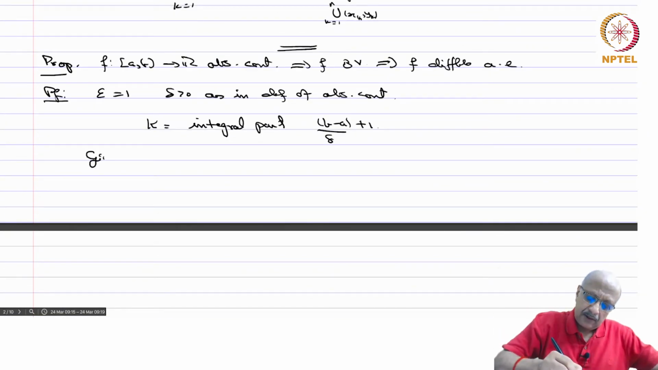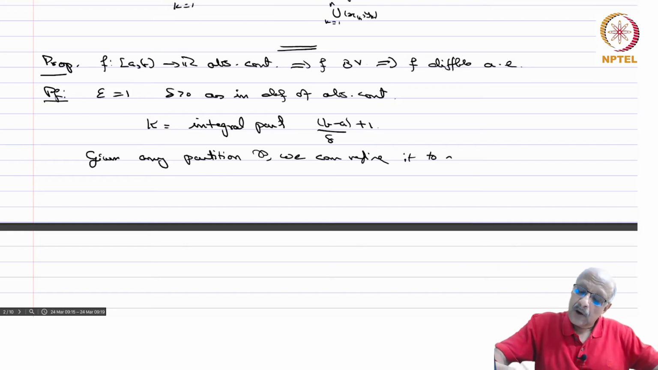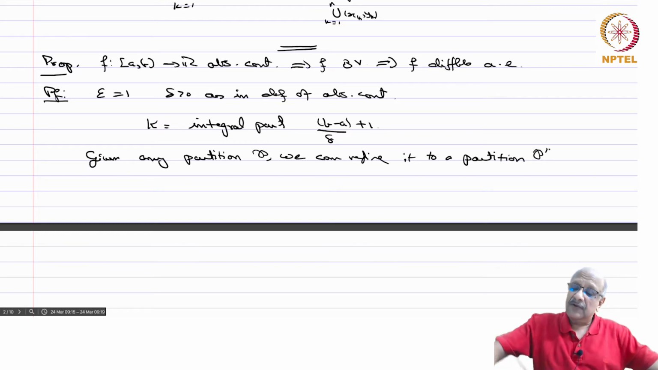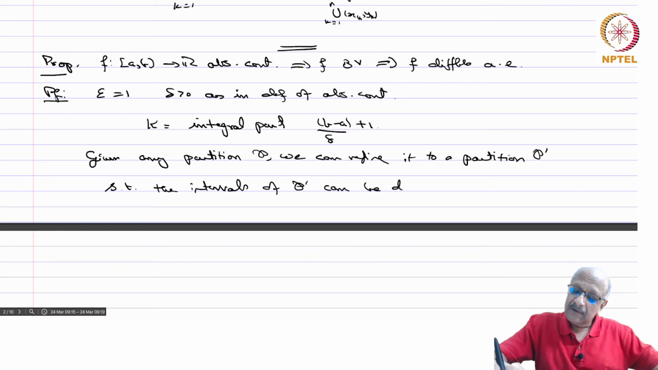So given any partition P, we can refine it to a partition P dash. So what do you mean by refine it? We are going to add some more extra points such that the intervals of P dash can be divided into K blocks,